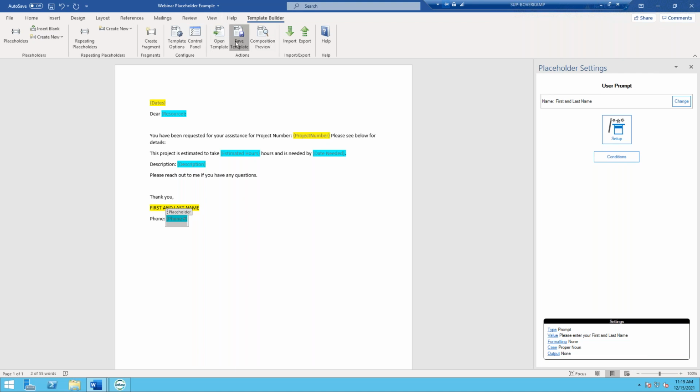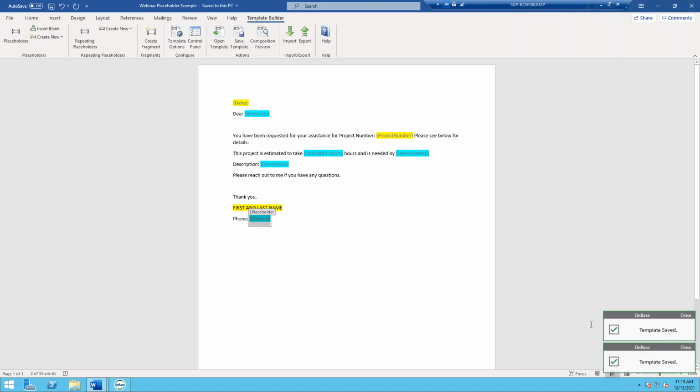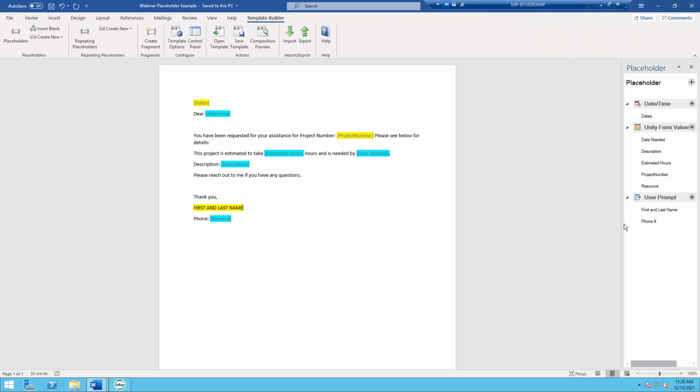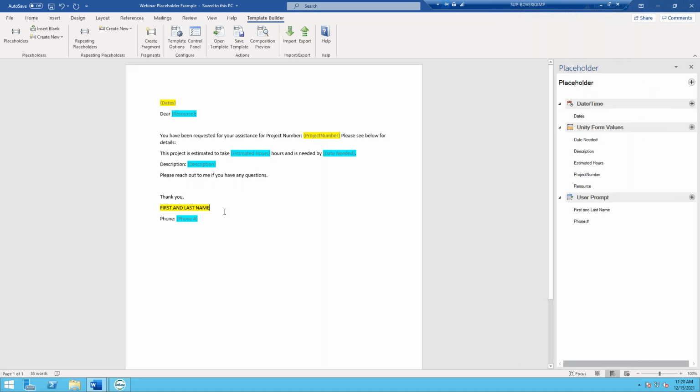So as always, we want to save our template. I hit the button twice, so we got two little template saved confirmation notifications here. And, oh wait, I didn't even add it in yet. Hold on, somebody stop me. All right, I got so excited that I forgot to add her in.